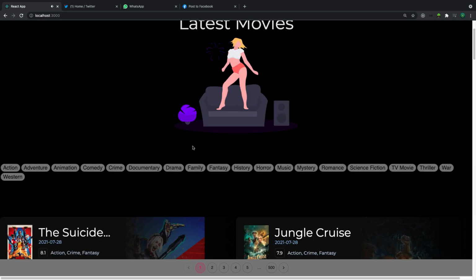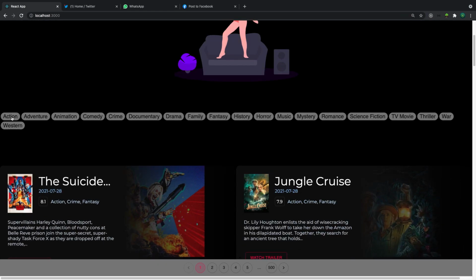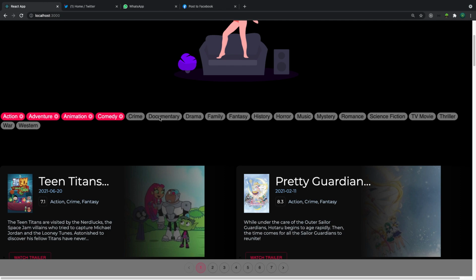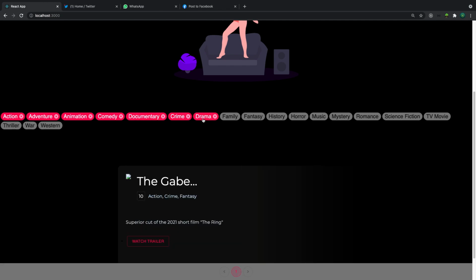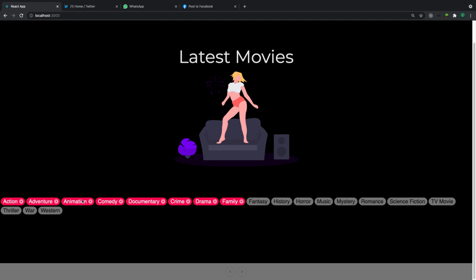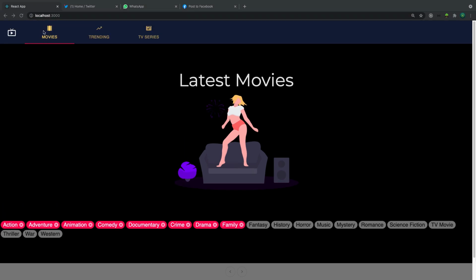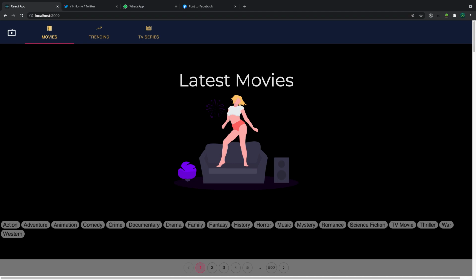Alright, cool. So let's look at the filtering part of it. When I select action, it means I'm filtering by action, and adventure is going to select based on the genres it has. So you can see that no movie has all these genres, so there's no movie for that. And we are also implementing what is called error handling,